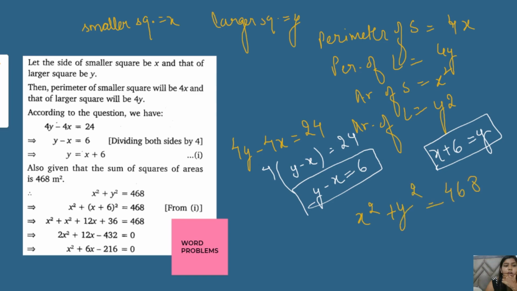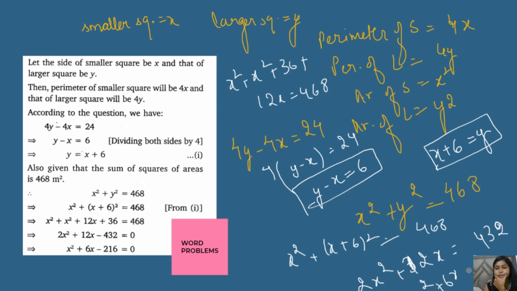Now what we can do is just put the value of y from the above equation in the given equation. So just apply the identities. You will be getting x square plus 36 plus 12x equals 468. Now subtracting this, you will be getting 2x square plus 12x, and there you will write, just subtracting them, and you will be getting 432, right? You will be getting 432. So now what you have to do is just take 2 common from both the sides.